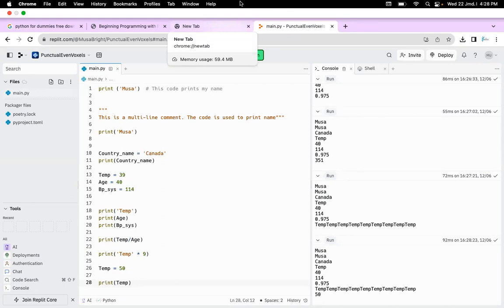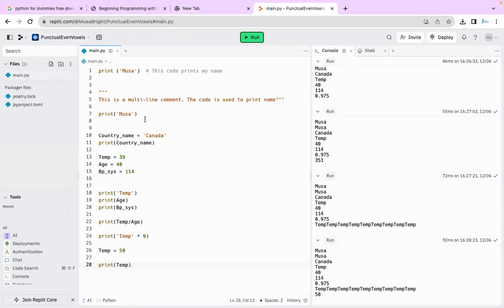So it deletes that from the memory of the computer and replaces that temp with the most recent value. So this is exactly the way we do it in programming language. Sometimes people make a lot of mistakes with the way they do it.